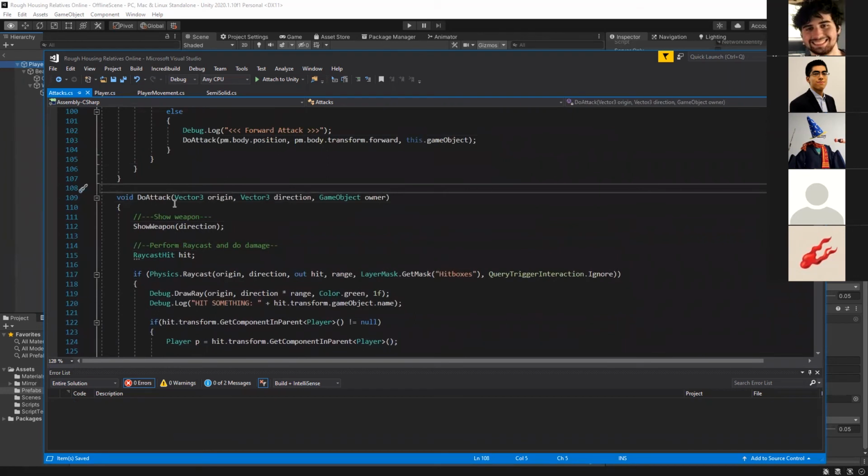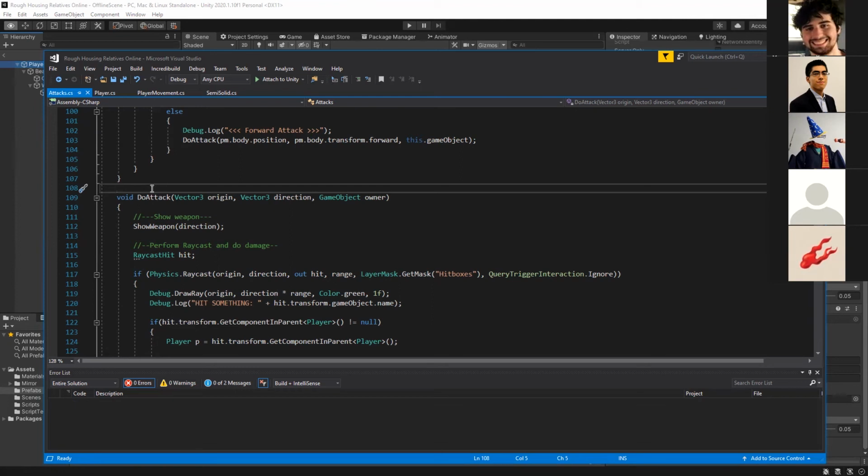So right now, this is only ever executing on your local client. So on my screen, I'm attacking a player, but because that code is only running on my computer, nothing is getting transmitted over the network for that attack.